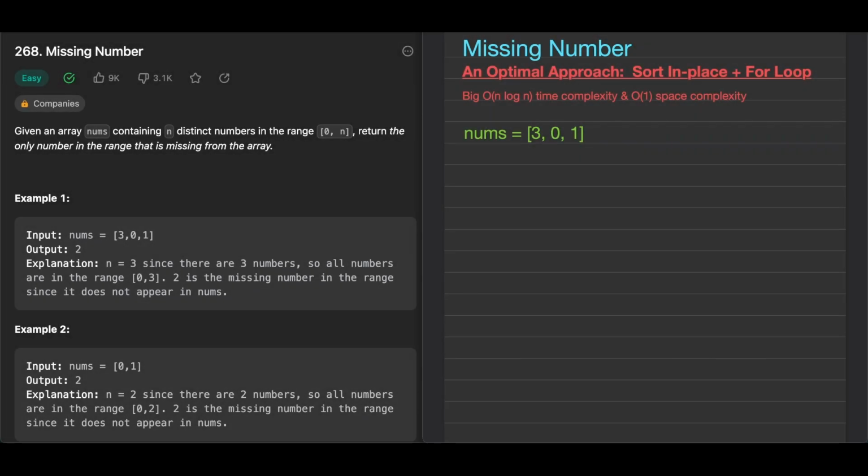Alright, today we're solving Leetcode's missing number challenge. There are a couple of optimal solutions we'll go over. For the first approach, we're going to sort the array of numbers in place, which will allow us to have a constant space complexity. Since the array contains only distinct numbers, that means a sorted array should have values that